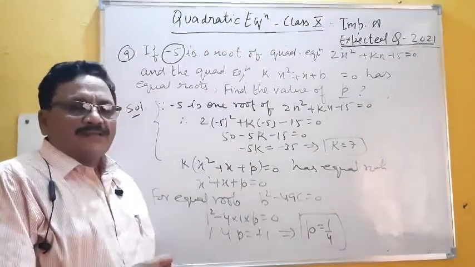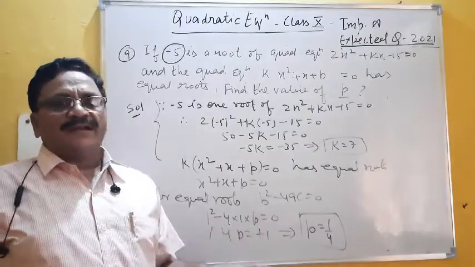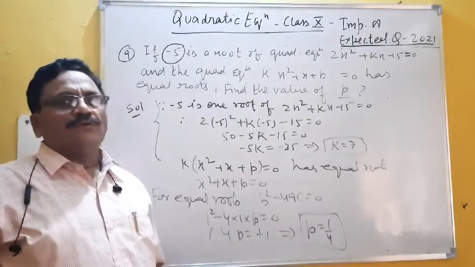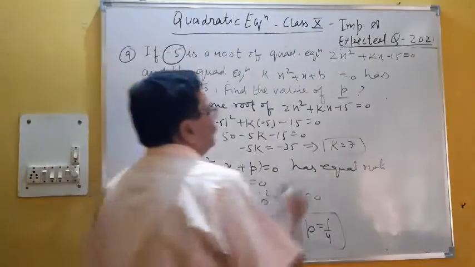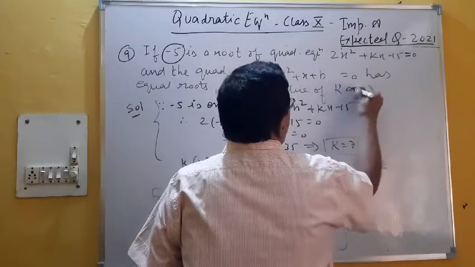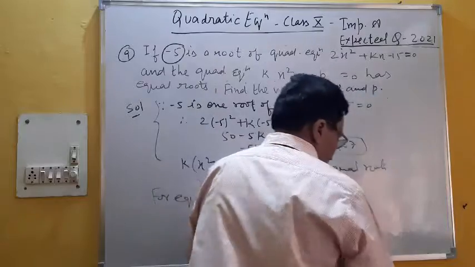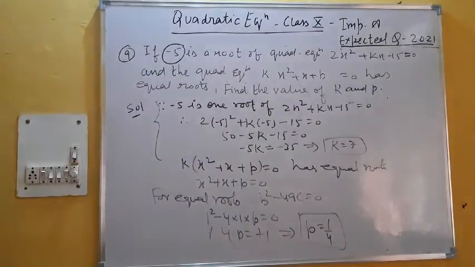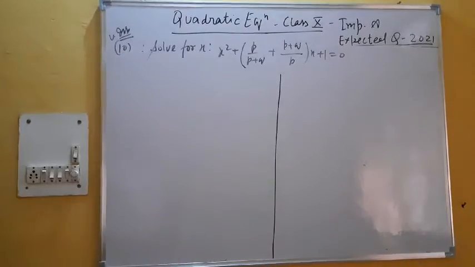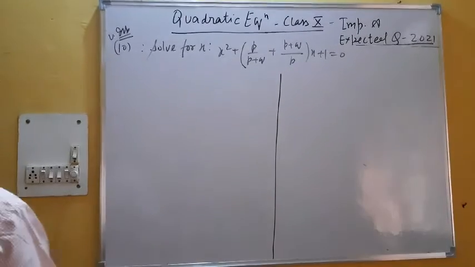Otherwise what happens in exams, you have limited time. But at home you can give 10 minutes, 15 minutes, 20 minutes, no problem. It's okay. So now here I am writing for both, find k and p. You can write the solution. Now see the next.